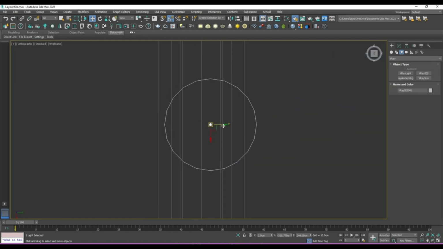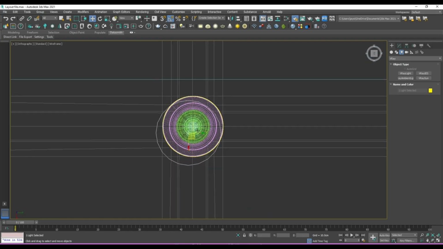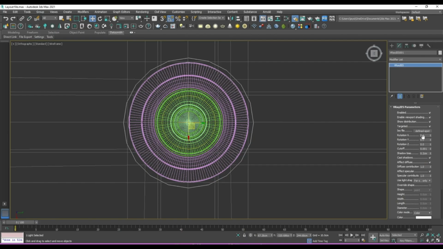So we just get that nice and centre-ish, and then just select all, bring it round to here. Just going to make it a bit smaller around there,